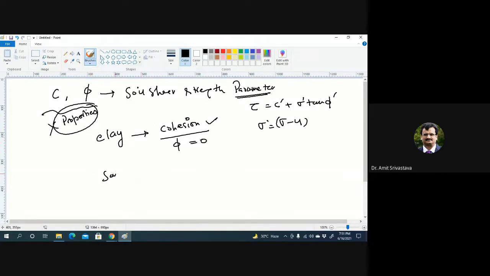And when we talk about sand, we say that the cohesion component will be 0 or close to 0, and it will have phi. Am I right in saying this? My question is here. I want to hear from the participants. The clay has a cohesion component and sand has an angle of internal friction.